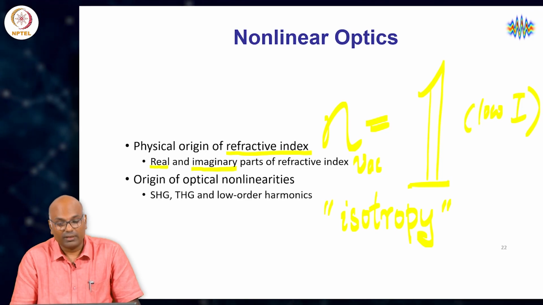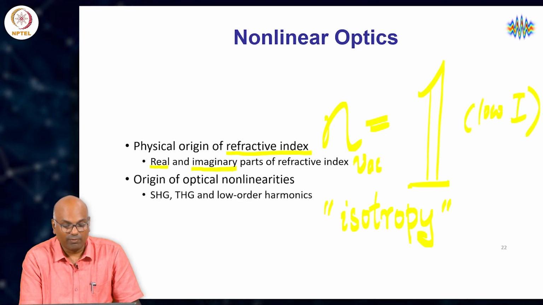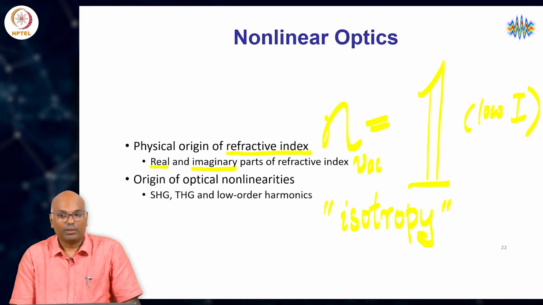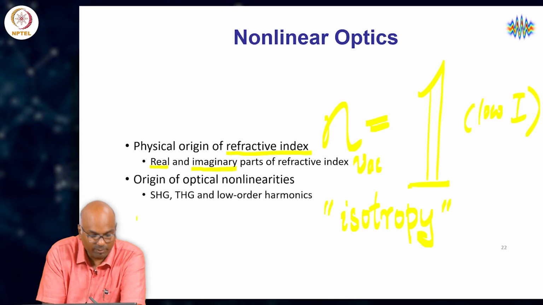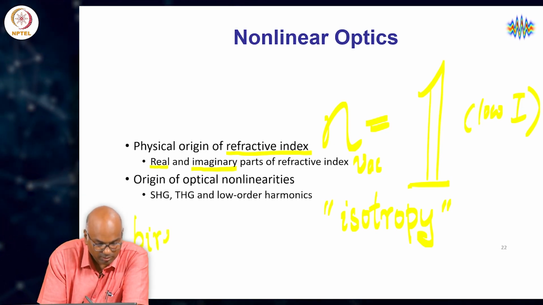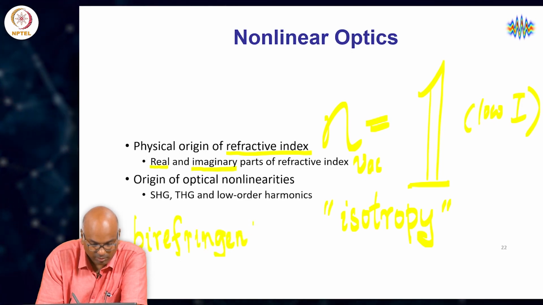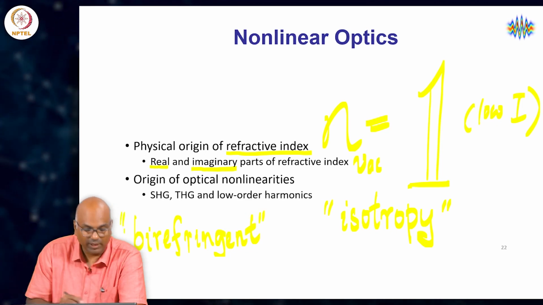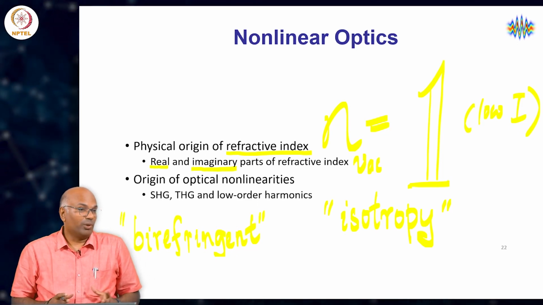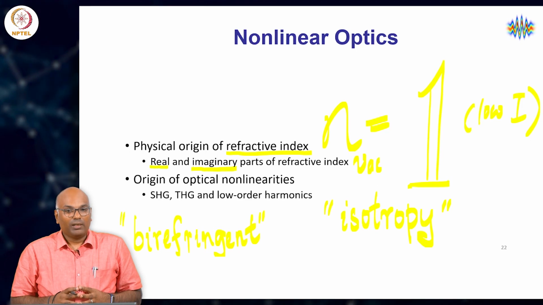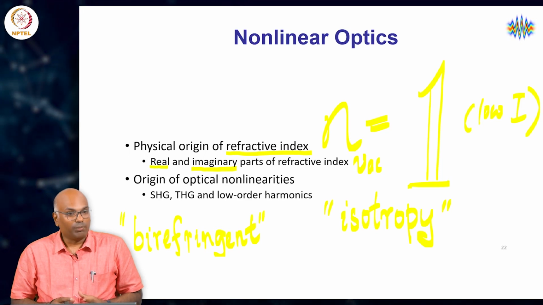At sufficiently high intensities, the refractive index need not be 1, but even more important is vacuum need not even be isotropic. The opposite of isotropic could be birefringent. We will see what this means as things go along. It is essentially even for what we call vacuum, I am not even talking about air, ideal vacuum, right. Both refractive index being unity and being isotropic